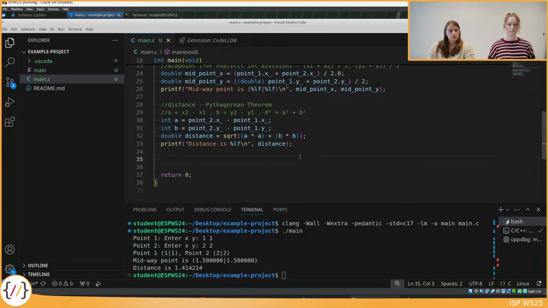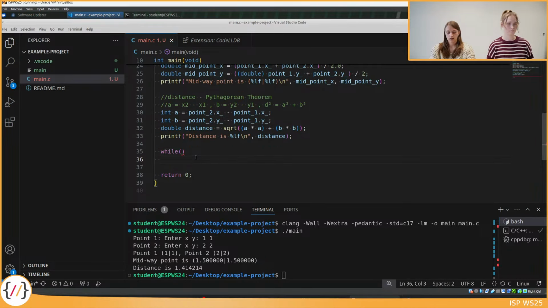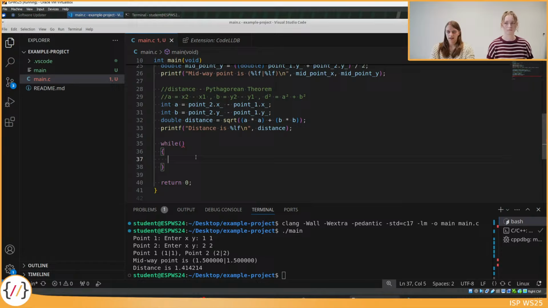So I'm just going to assume that you know what a while loop is, but we're going to recap it one more time here. We can do a loop, which is called while, and we can put a condition here in the brackets, and then we can define some code within the curly brackets here. As long as the condition up here holds true for the program, we will keep executing the code that is down here. So let's do while our distance